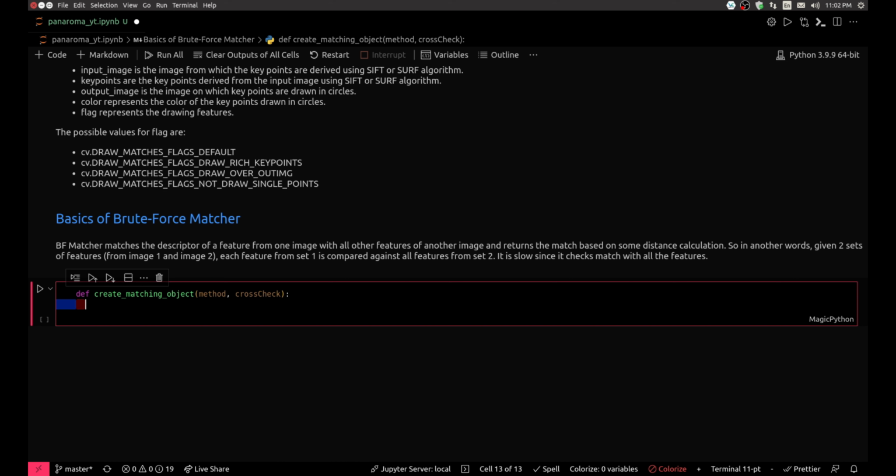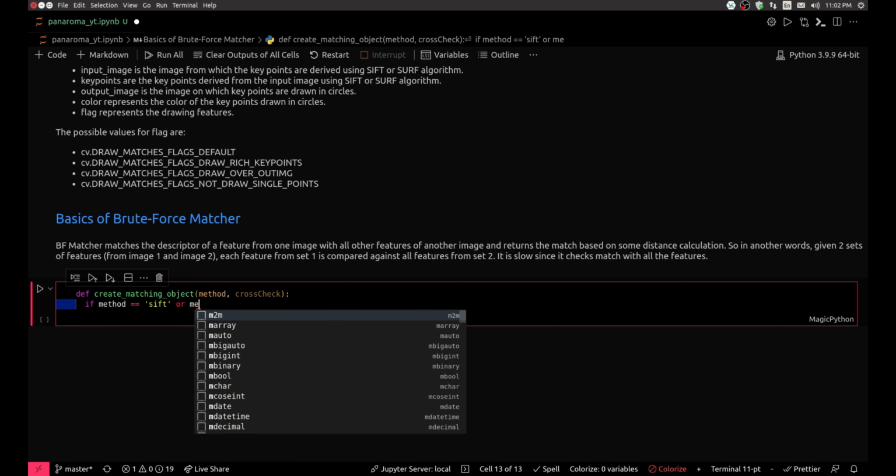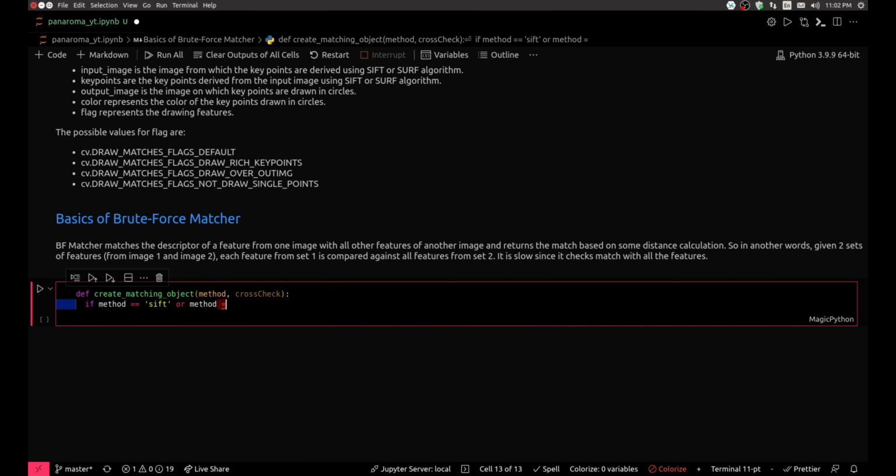So for BFMatcher in OpenCV, first we have to create the BFMatcher object from cv2.BFMatcher. So let's create that. If method is equal to SIFT or method equal to SURF,